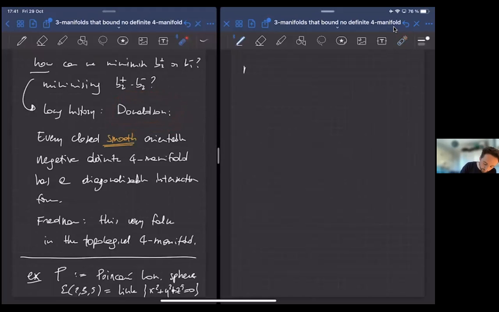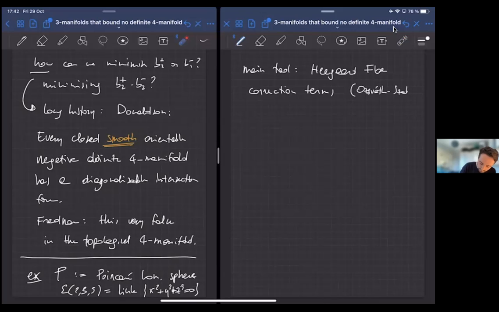So the main tool is Heegaard Floer correction terms, which are defined by Ozsváth and Szabó, and have proved to be a really useful tool to obstruct negative definiteness or positive definiteness, but combining the two so far